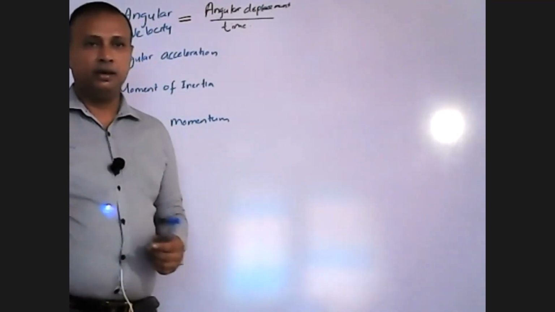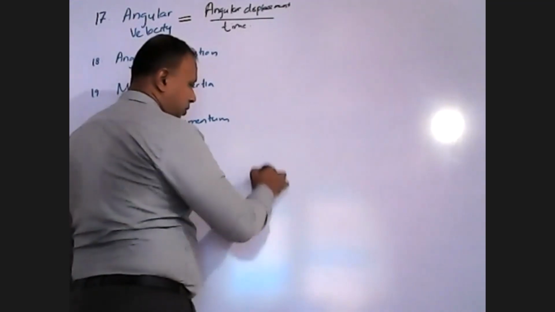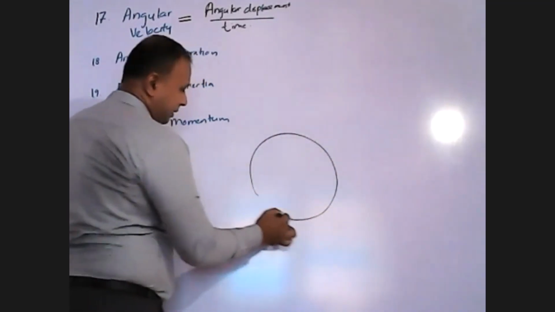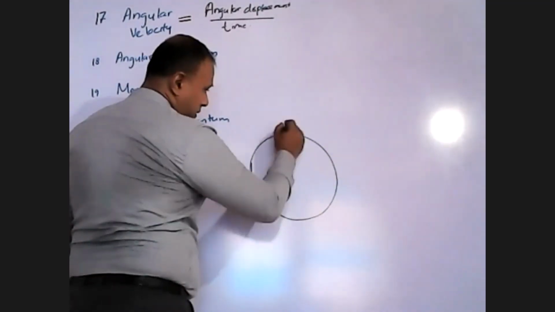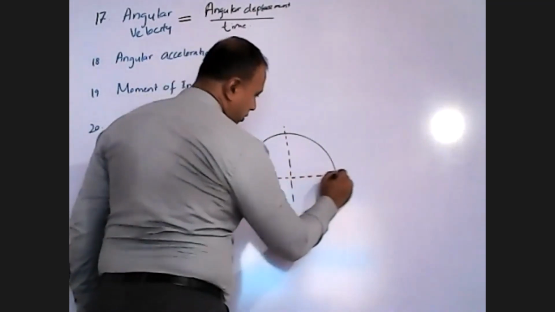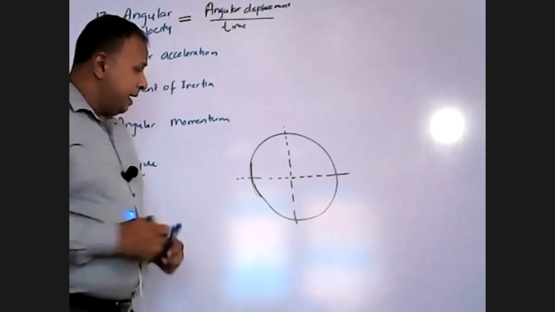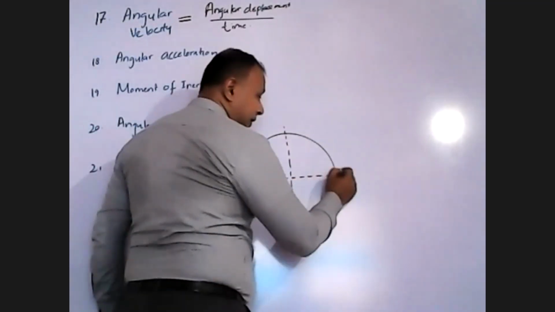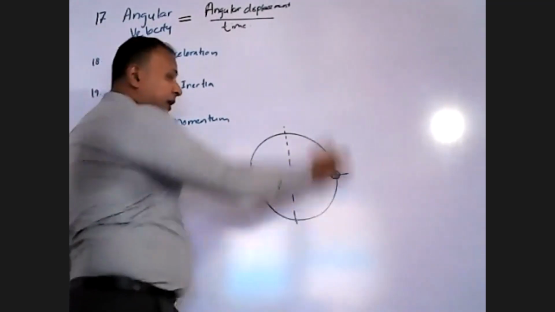Otherwise, someone cannot understand. Angular displacement. Suppose there is an object rotating around a circular